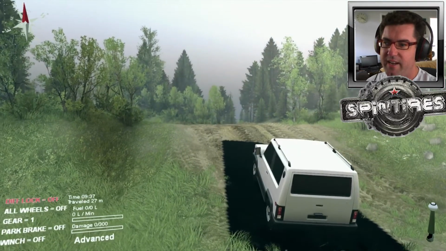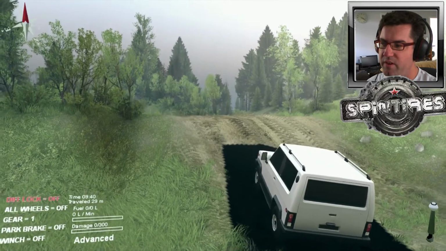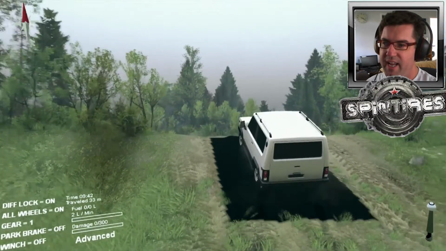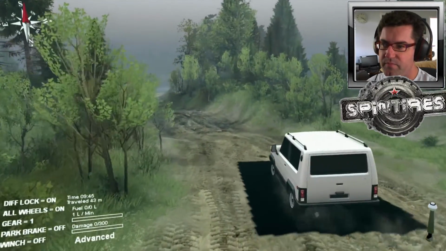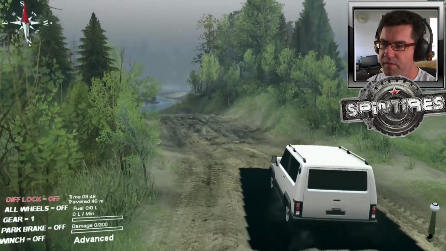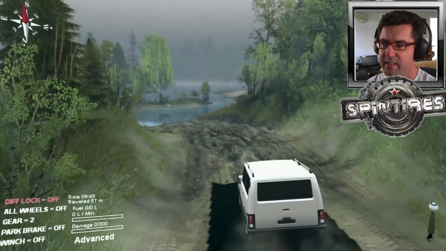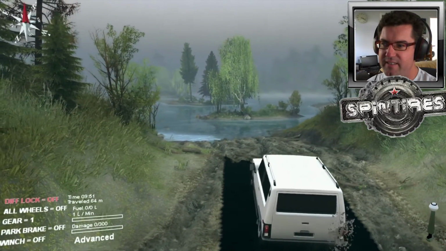Right. Okay, so we have a rear-wheel drive vehicle, and this is with diff lock off and all wheels off. So let's put it on, and by rights it should be able to get up this hill. Now, take them off, so diff lock off, all wheels off, and we'll see how we go through this mud here. And we hit sticks and stuff, so...